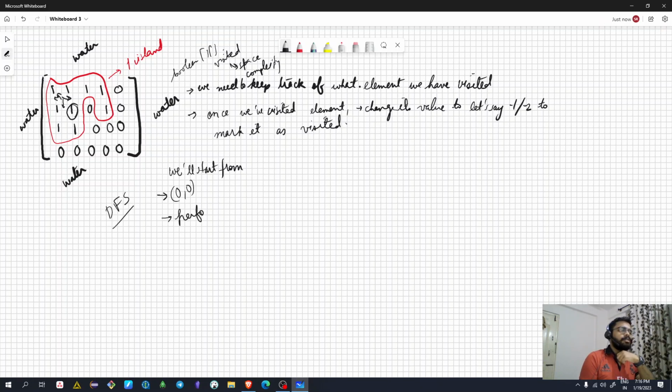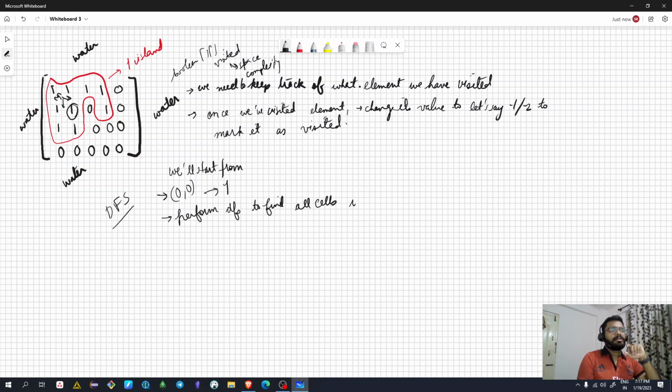Whatever we did in the previous video, which is flood fill, was nothing but DFS, where we were looking at the adjacent members which were matching the same color. In this case, it's also the same kind of problem, where we are looking for ones that are directly connected to a certain cell which contains one. So if 0, 0 contains one, then we perform DFS to find